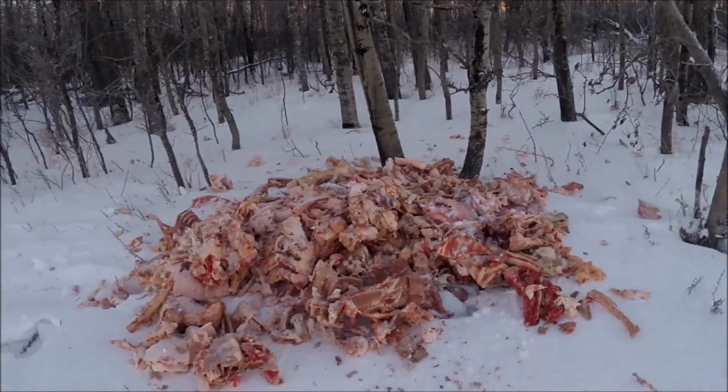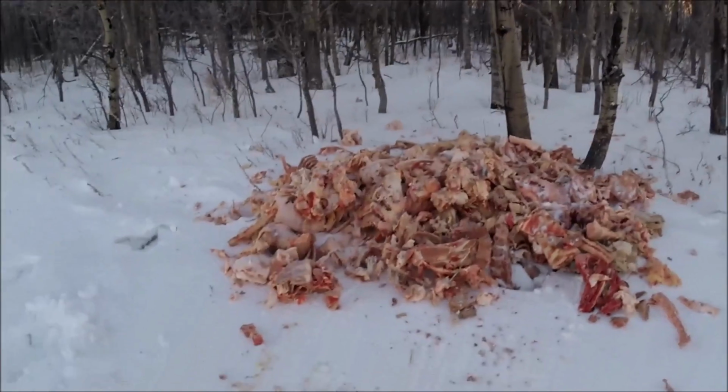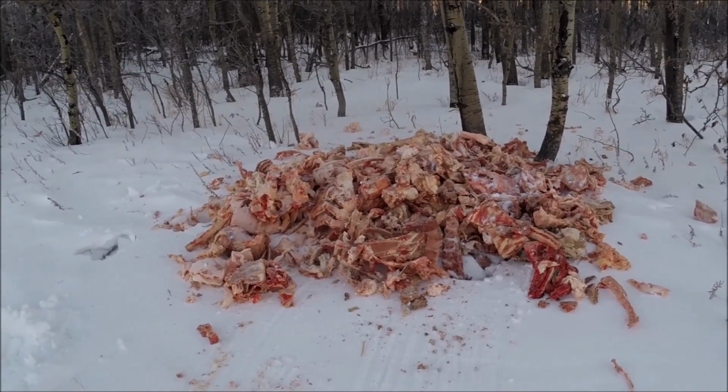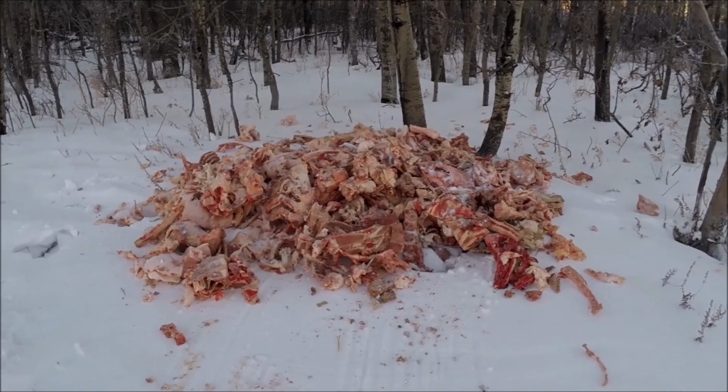Like right now it is 35 below. Luckily we have barely any wind. We had a little wind this morning and she was 46 below, and it was cold. It's still cold now, but it wasn't as cold as it was this morning. So yeah,